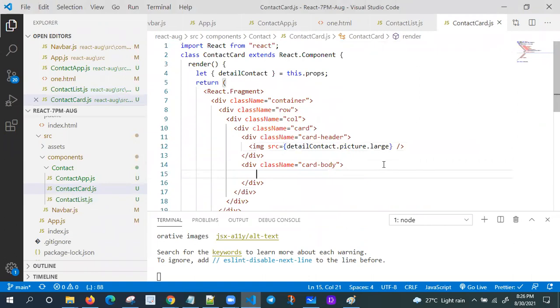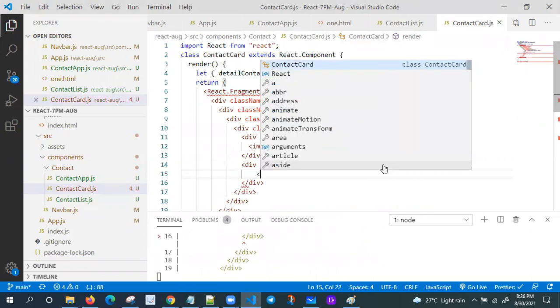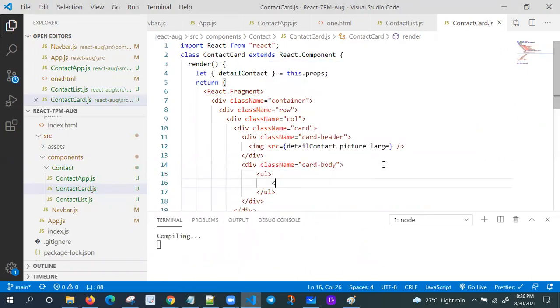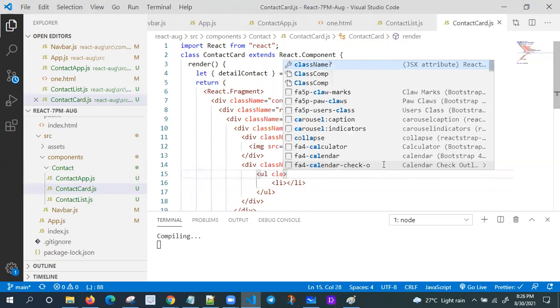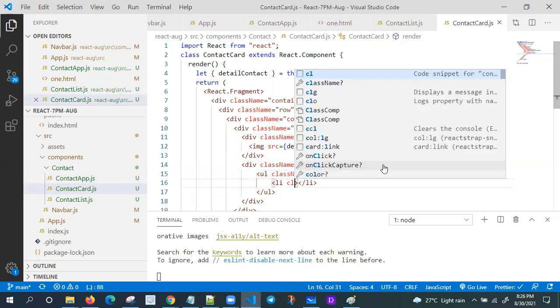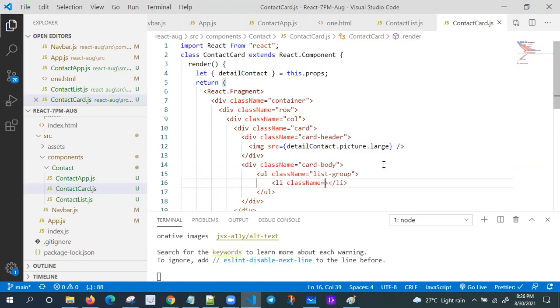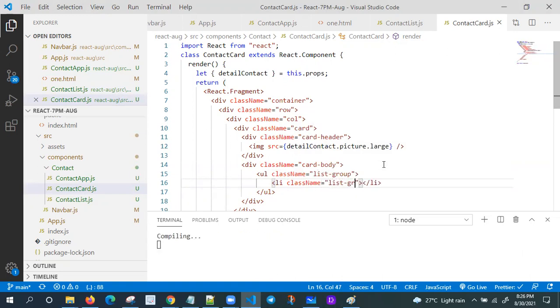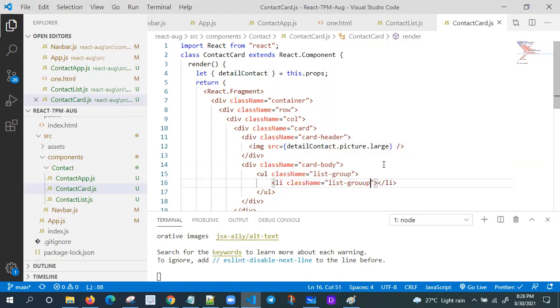I'm going to use className equal to list-group, and here className equal to list-group-item. I'm just using Bootstrap class names.